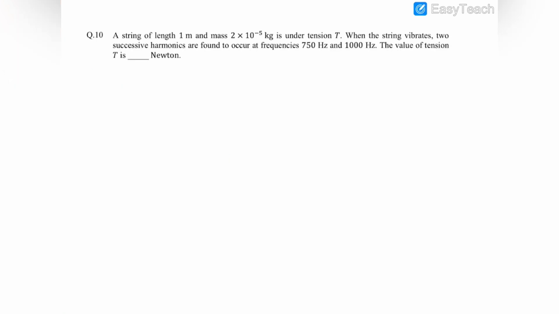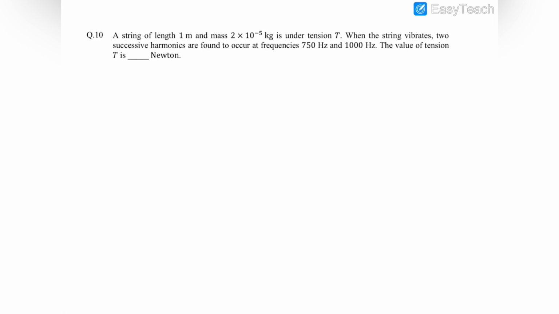In this question, you can see that there is a string of length 1 meter and its mass is 2 into 10 raised to the power minus 5 kg. This string is under the tension T and it vibrates with two successive harmonics which are 750 Hz and 1000 Hz. So the value of tension in this string would be,